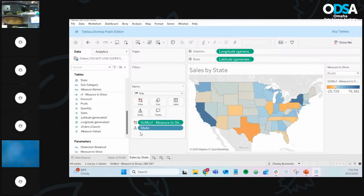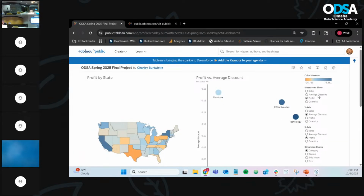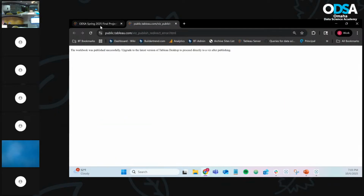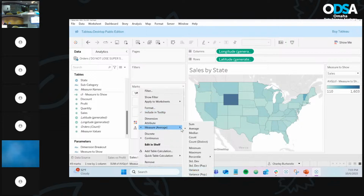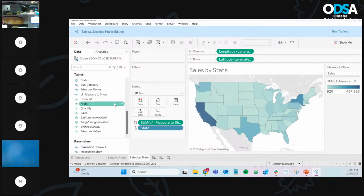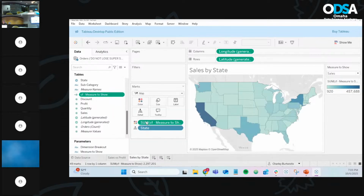Okay, so notice now when we created our calculated field based on a measure, it automatically has our sum in here. So it's summing our profit, it's summing our sales, and I can't change it. Once I publish it, it's going to be locked in as a sum. I wouldn't be able to change it to an average discount or an average sales, or to a count or whatever. So instead of just returning sales and just profit in our calculated field and then summing them up,